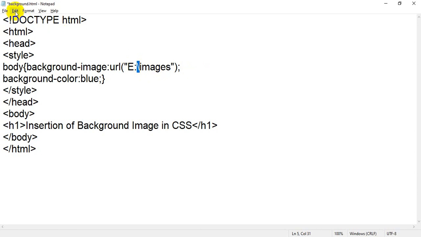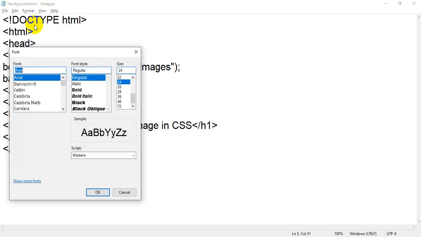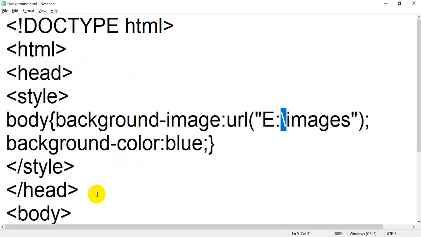Should I increase the size? See, this is backward slash. You have to use forward slash. So just replace your backward slash with forward slash.